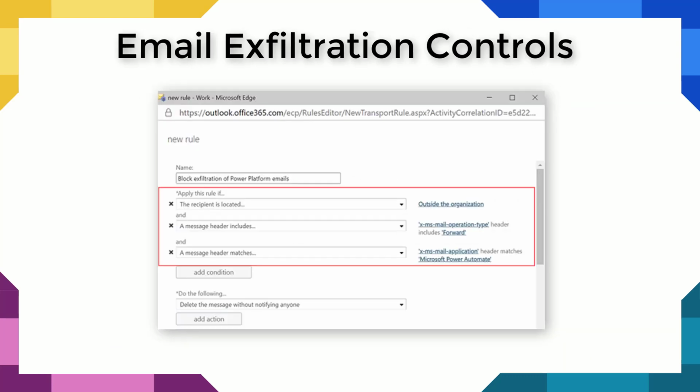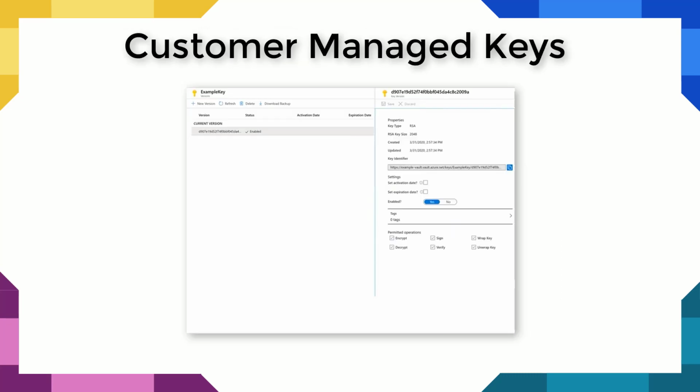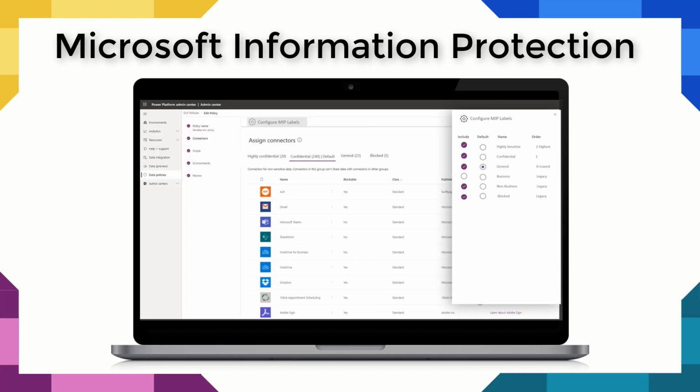A popular one, email exfiltration controls, now allows you to block the Power Platform sending emails outside of your organization without permission or oversight. And others such as customer managed keys, traditionally done via API or PowerShell, you're now able to use Azure Key Vault with Microsoft Dataverse for encryption. And also Microsoft Information Protection inside the Power Platform to classify the sensitivity of specific connectors and the data sources